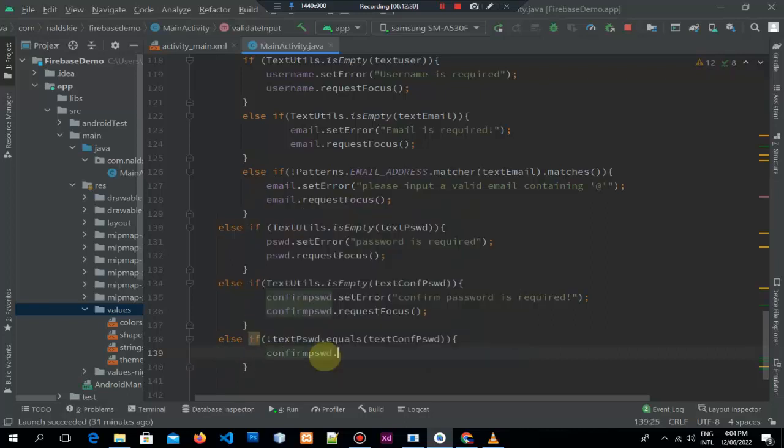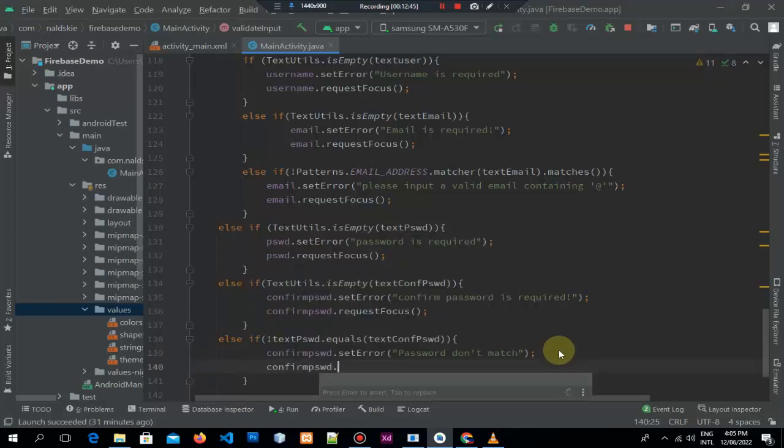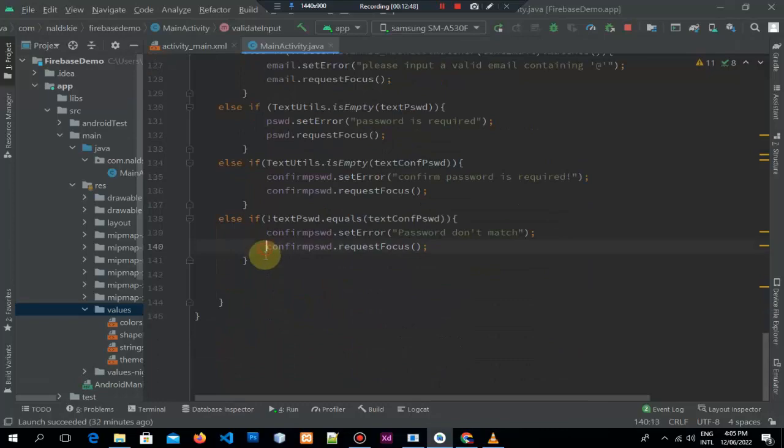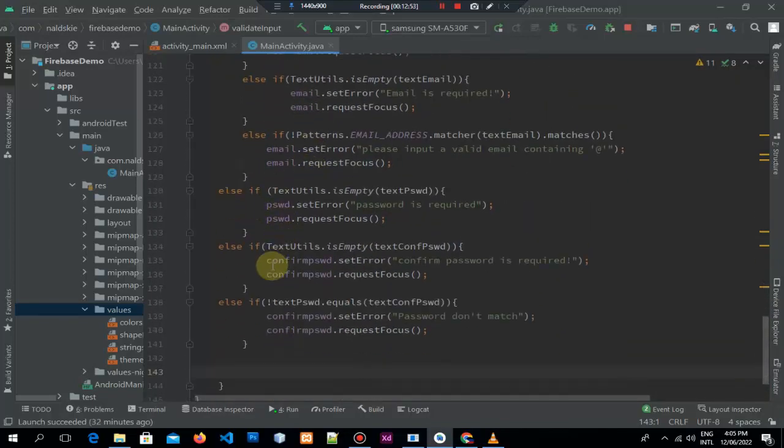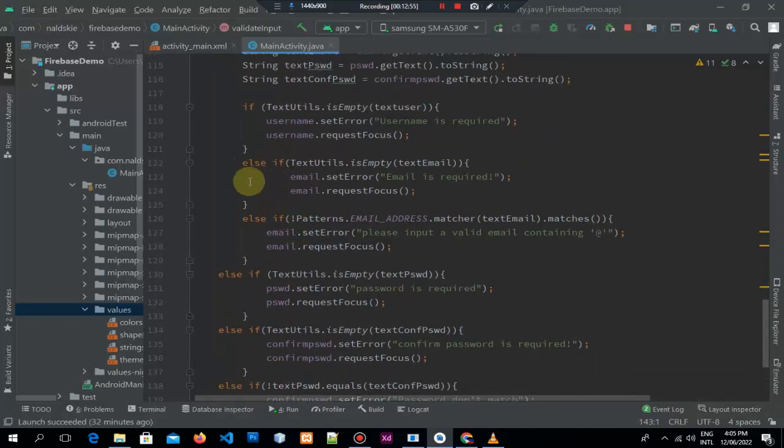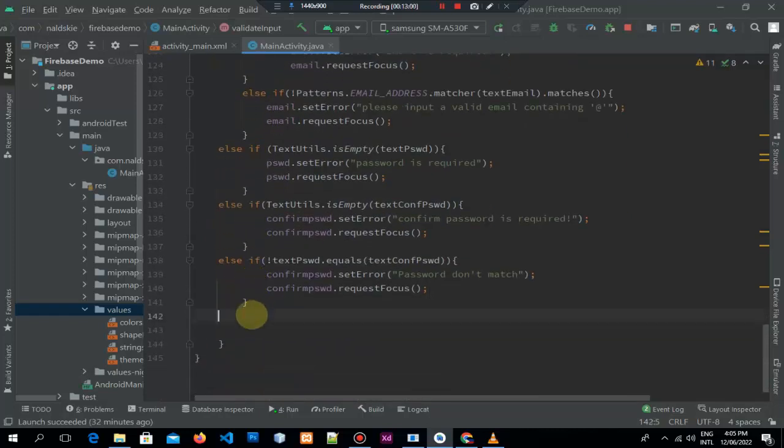Confirm set error message password, then match. You can say confirm password that is focus. Okay, once we already done checking all of these fields, password, so and then otherwise else. Okay, insert data